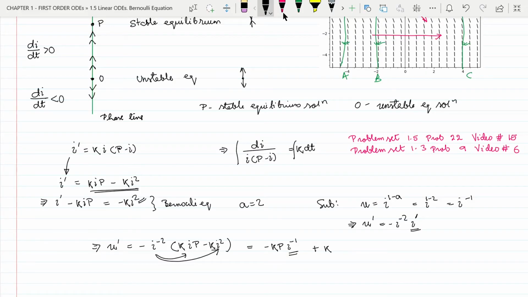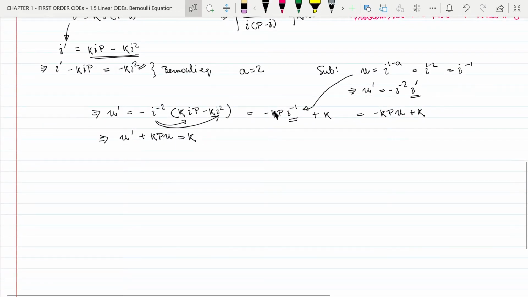Now this I to the power minus 1 is the same as u, so this is equal to minus kpu plus k. Now this can again be written as u dash plus kpu equal to k. Now we can see that this is in the standard form of a non-homogeneous linear differential equation,